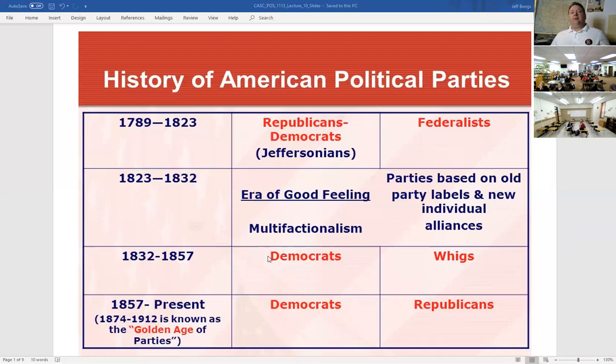Andrew Jackson styled himself as a Jeffersonian Democrat, but in his presidency, the Republican aspect was dropped. And as we look at these two things up here, when it began,